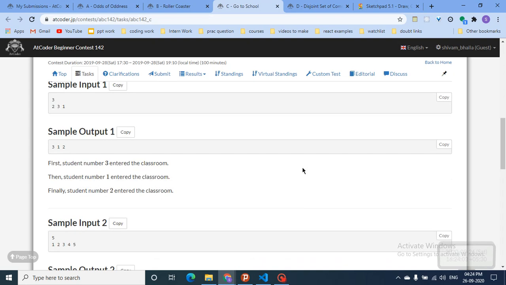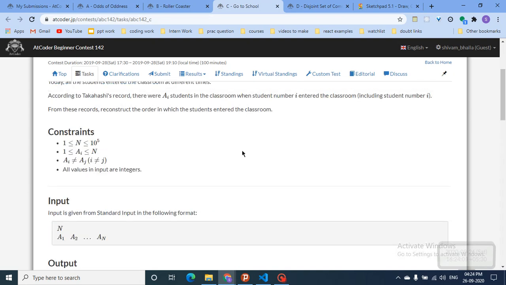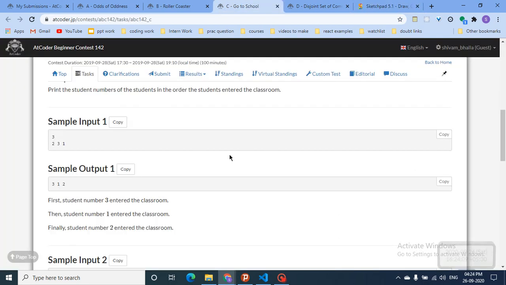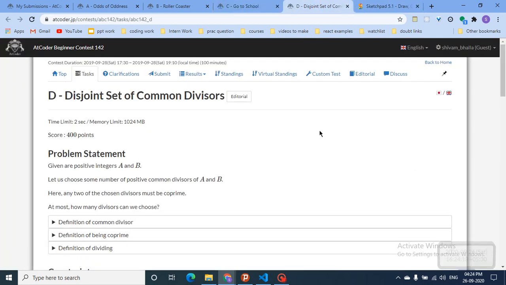Okay, so that's also a very simple problem. I have told you the intuition for how to solve this problem, so you can easily code it out. Now the fourth problem is a good problem, in which you are given